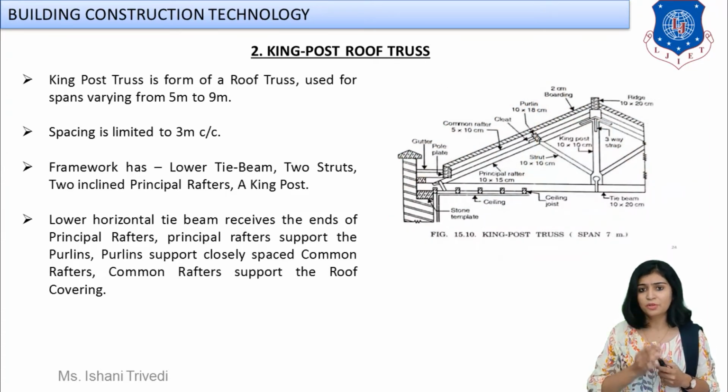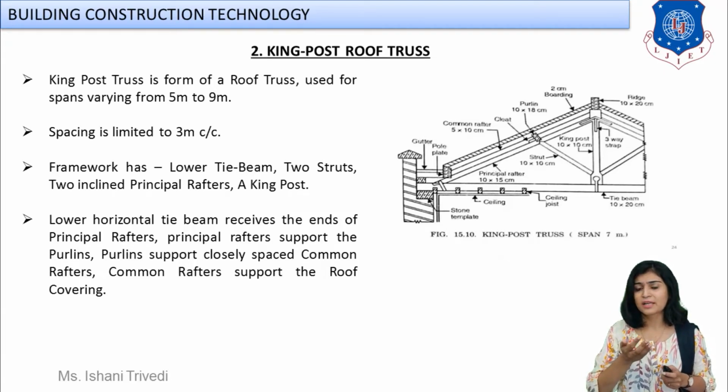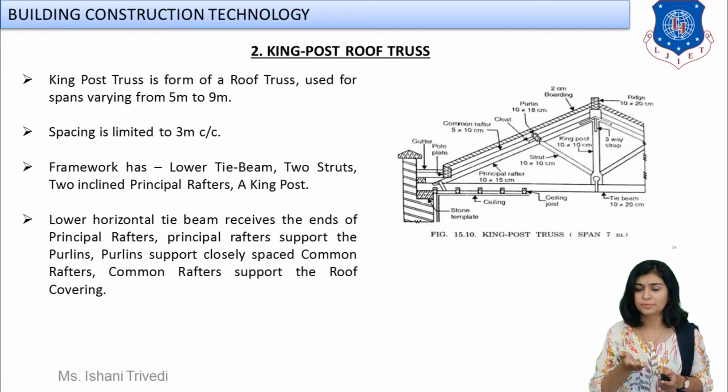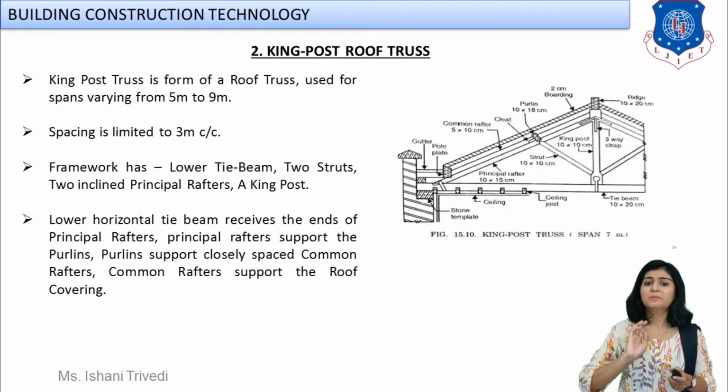I am flashing one more drawing over here. See, this drawing is even with more detailing, and you are also supposed to draw this drawing if a descriptive question is asked. And let me tell you that both of these types of trusses are generally asked in your university exams. So what you can see over here is on the top, boarding is provided. Boarding means the covering, right? Otherwise, all of the things are almost the same. The dimensions are written, which you are also supposed to remember. Try to remember them. Otherwise, it is the same.